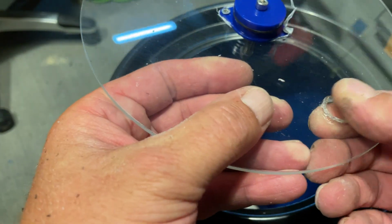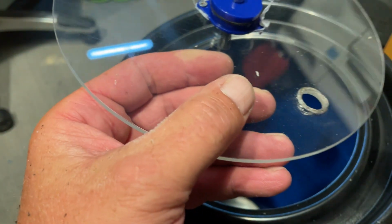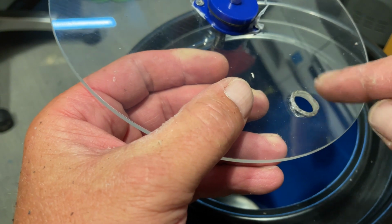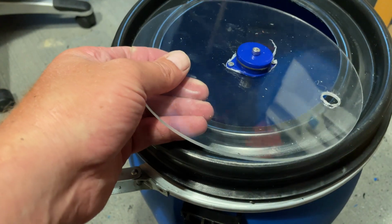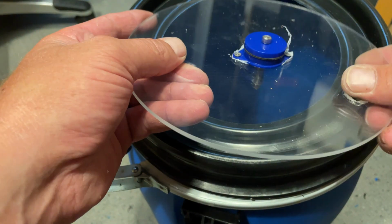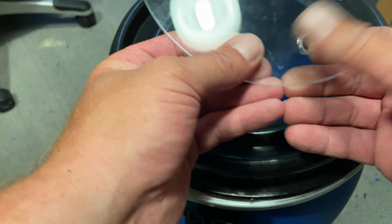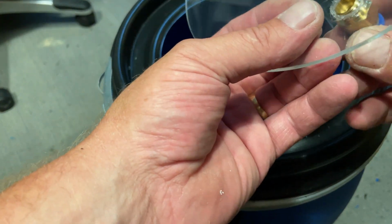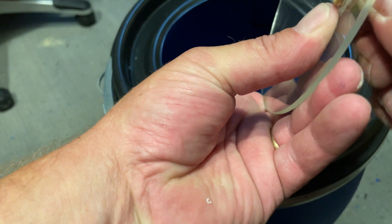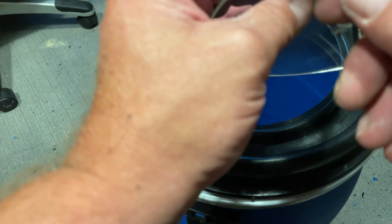Worst case scenario, I'll just put a little bit of sandpaper on it, but I'll go get my craft knife and ease that off there very carefully. So there we have it. I've taken off the lipping from the unit. It's resulted in a little bit of scratching, but this is a moving bed filter, folks. So as I said, you've got to accommodate for that little lip that it has,